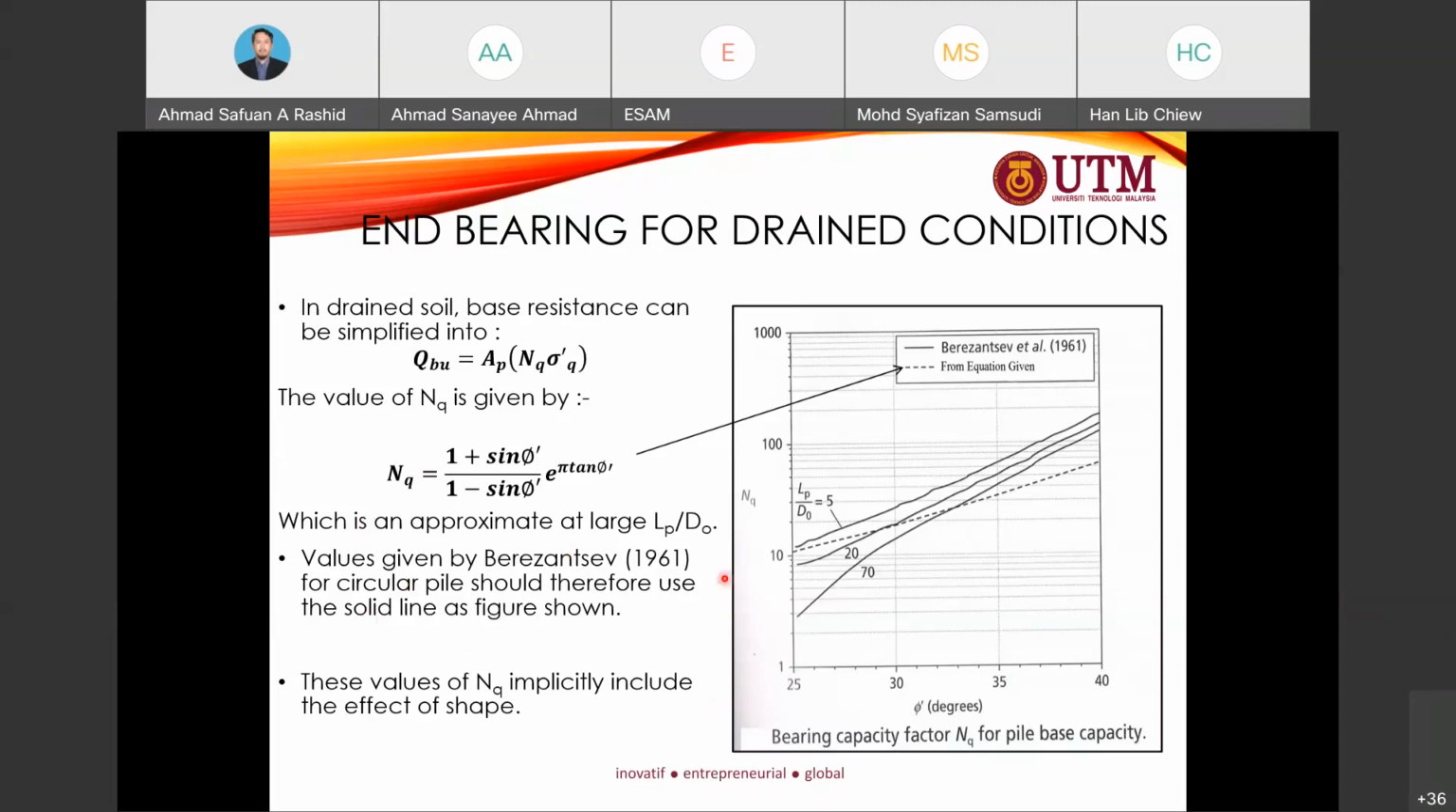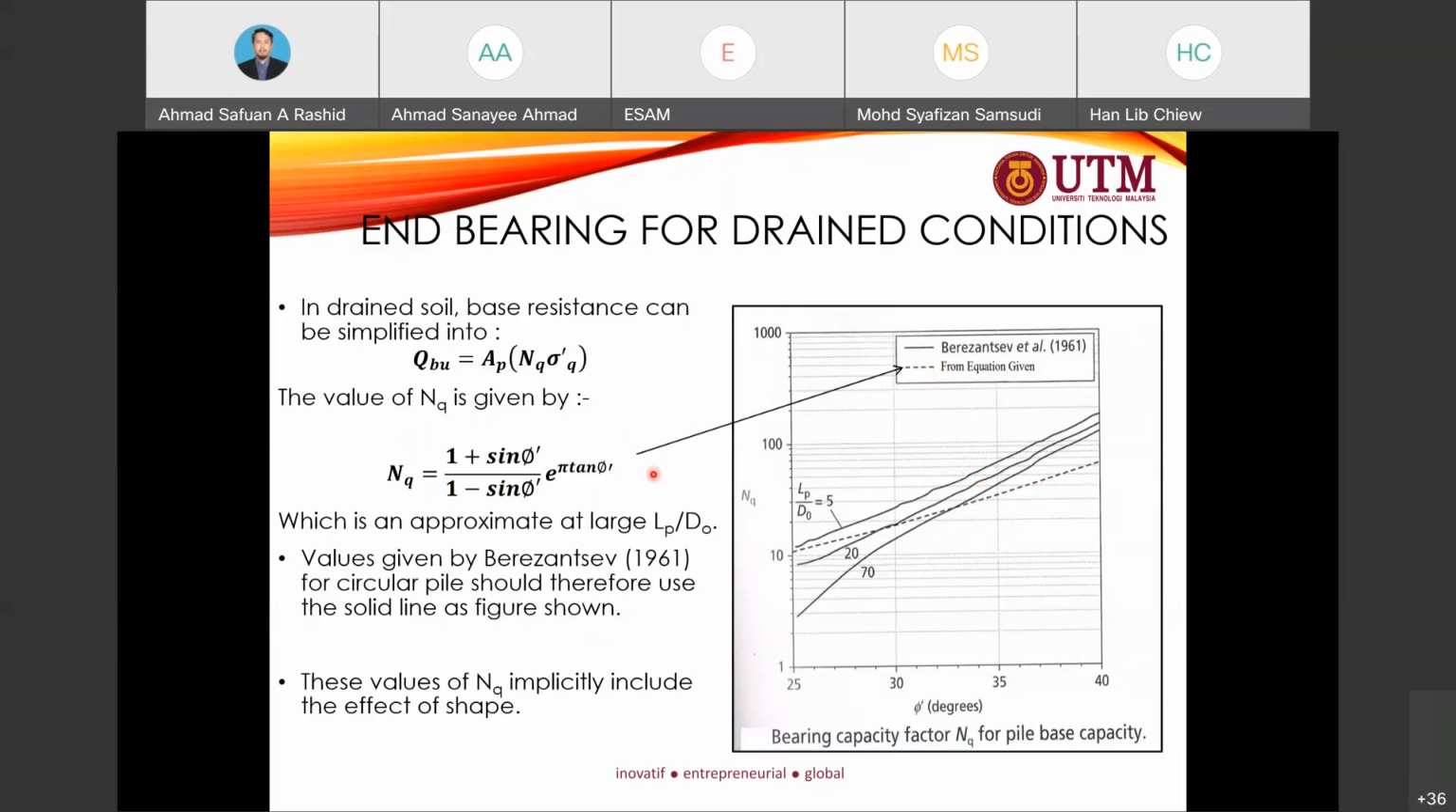Or we can use this chart to get the value for the Nq. It depends on the ratio between the L_p over D naught. So the value given by Verizon for a circular pile should therefore use the solid line as shown in the figure. We have two lines here, where the solid line represents the Verizon and the dash line is the value from these equations. So the value of Nc